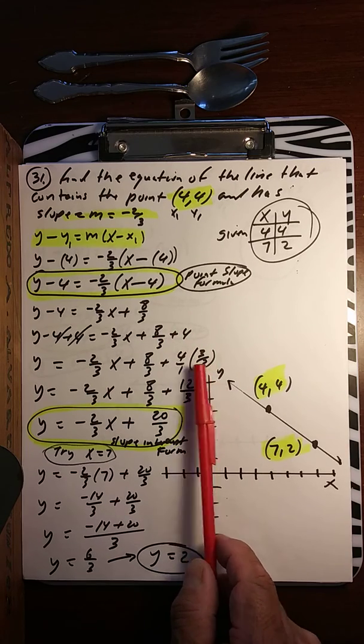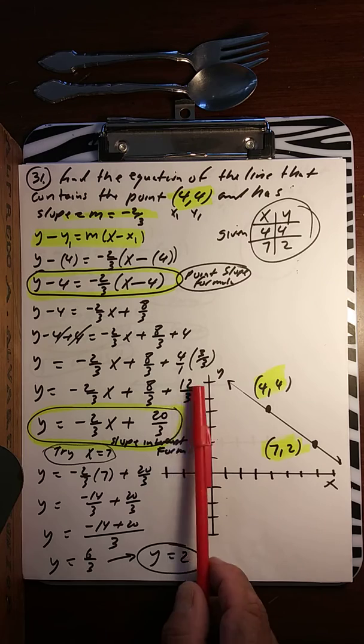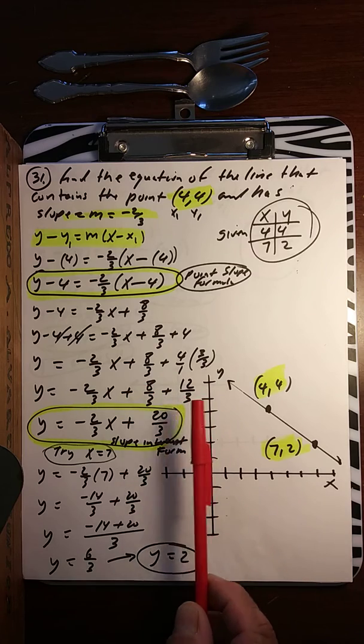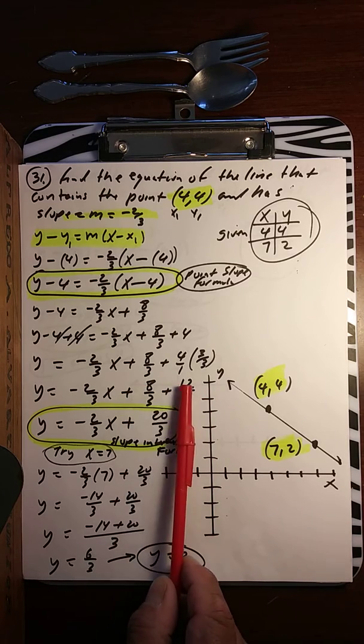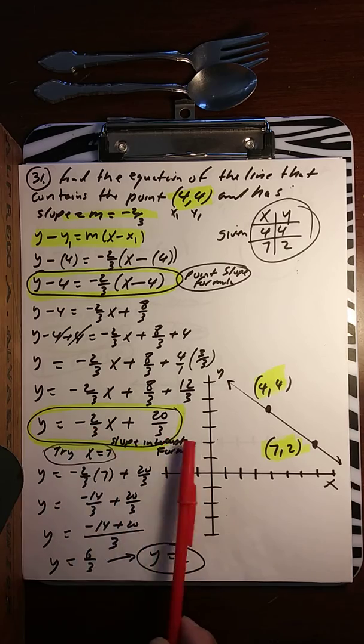3 times that, 3 times that. Now we have 12/3 and 8/3. We can put this together now, which is going to give you 20/3. 8 and 12 is 20/3 and that. So now